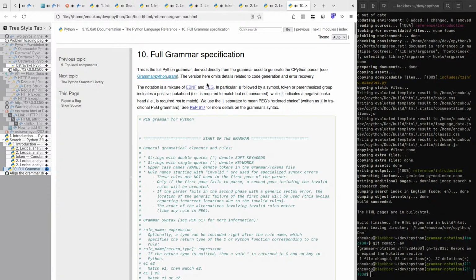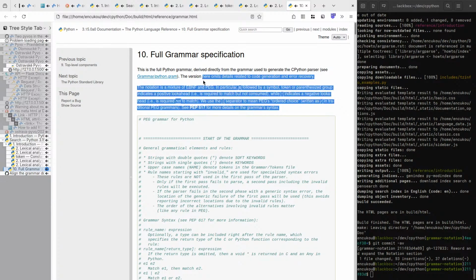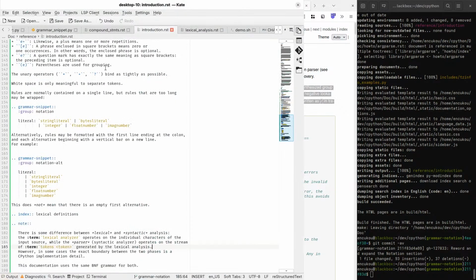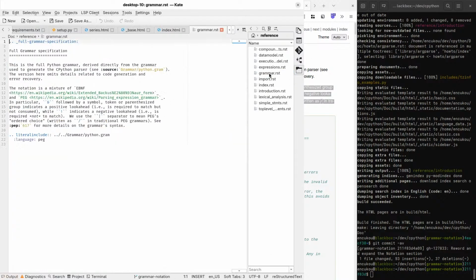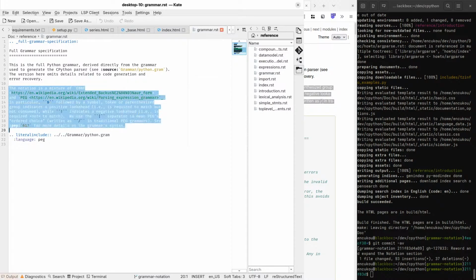It explains what the pipe is. Great. We need to merge this into the notation and link from there. So that's grammar.rst.